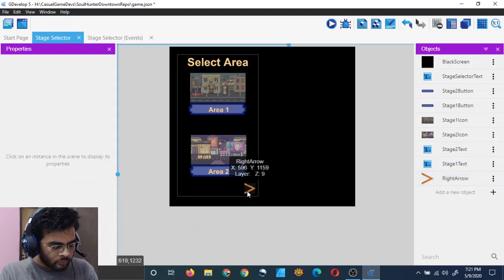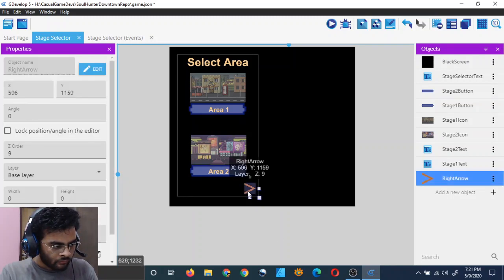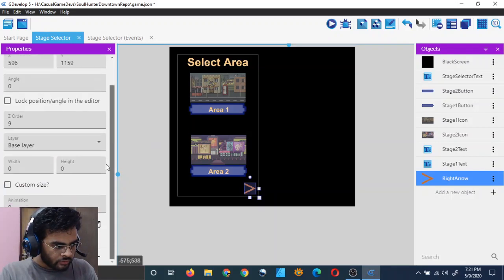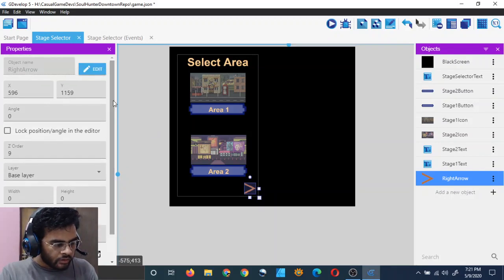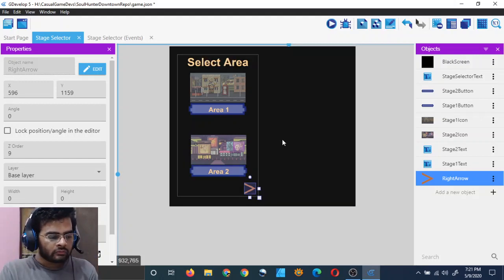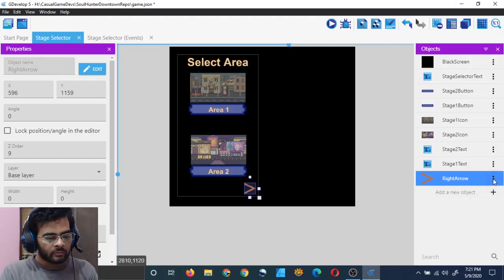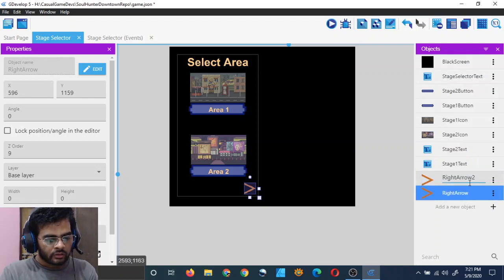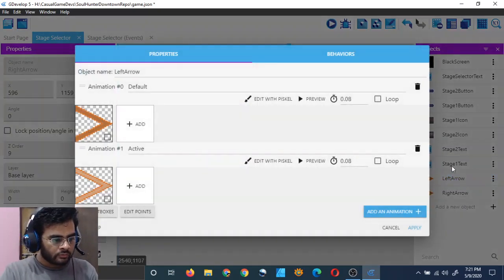And now you have to make a left arrow. Or can I just duplicate it and then turn it around? Can I do that? Let me try doing that. Duplicate and I call it left arrow, and I double click on it and then go to edit with Piskel.